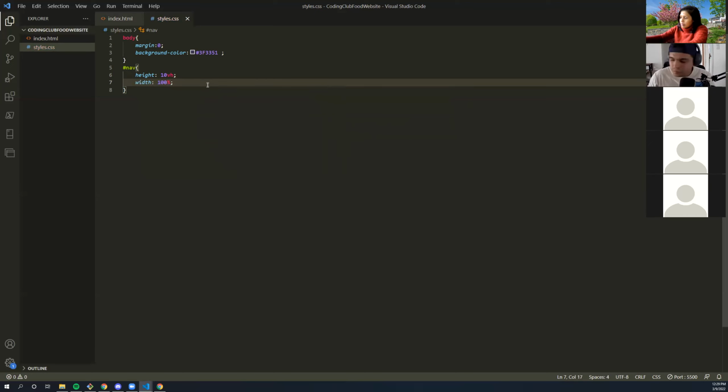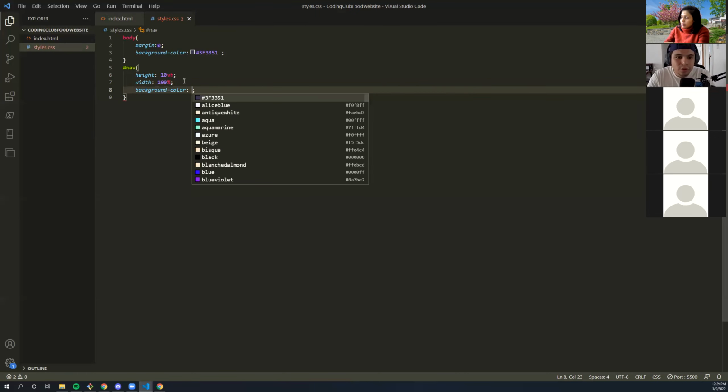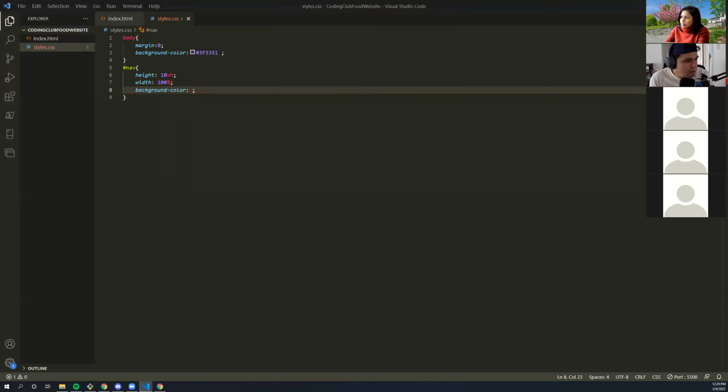All right. Awesome. Let's just give this a background color of periwinkle, so we can see if we're in the right place or not. And the thing about CSS and HTML, it takes playing around with a little bit.